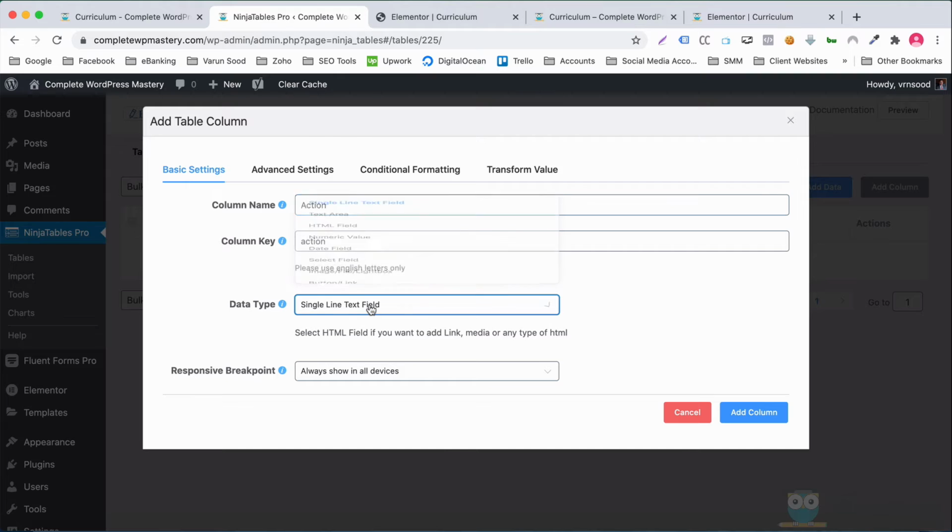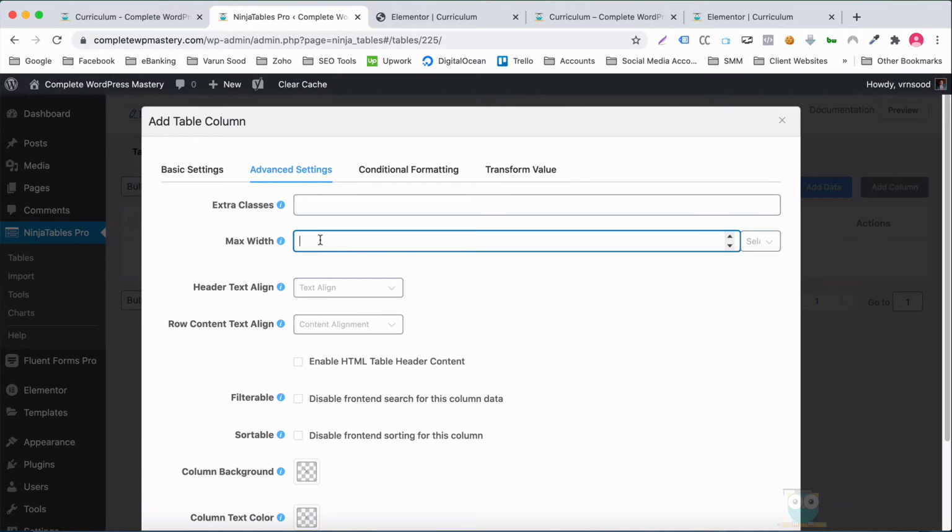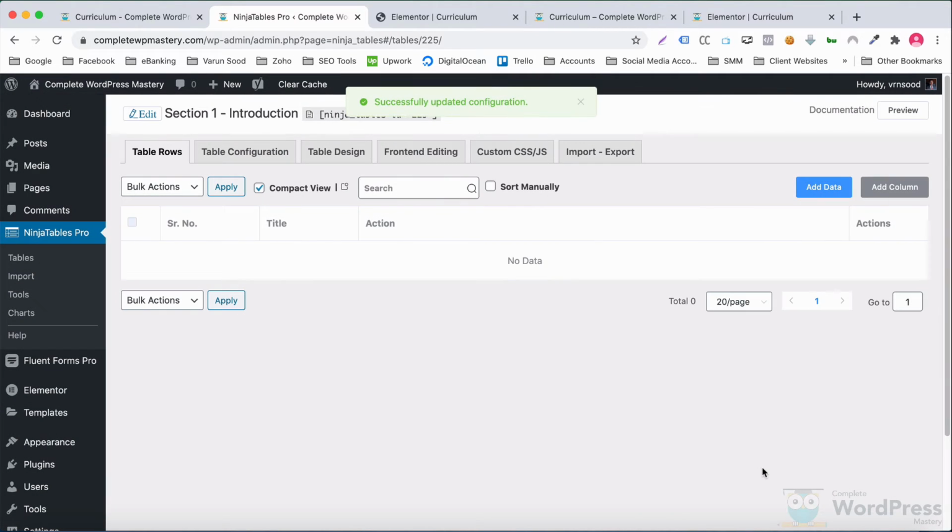It would be an HTML field and have a maximum width of 15%. I'll select Center for Row Content Text Align and then click on Add Column. So the structure of our table is ready.